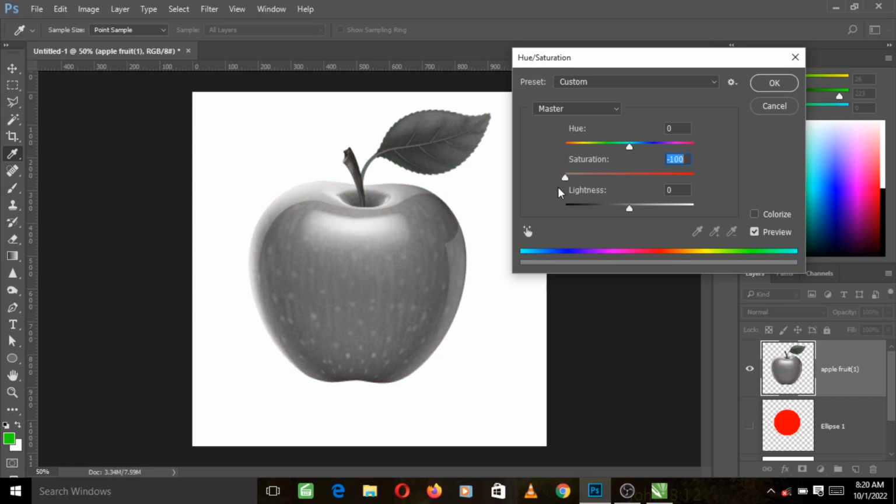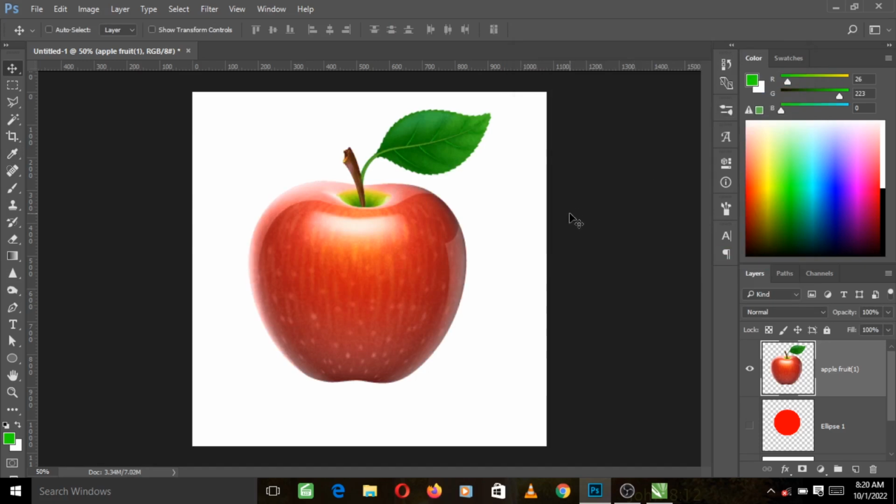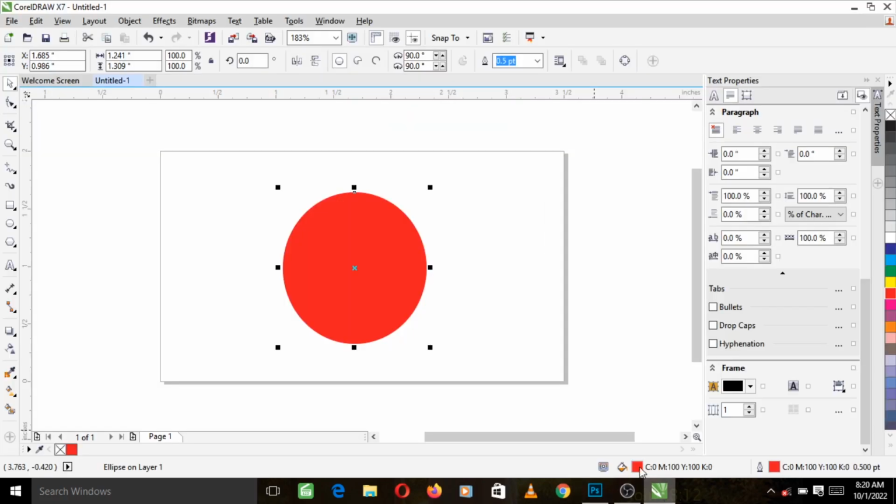So this is what we mean by saturation. You can either oversaturate an element or desaturate it. So that explains saturation. So now, to explain color value, I want to switch to another software called CorelDRAW,